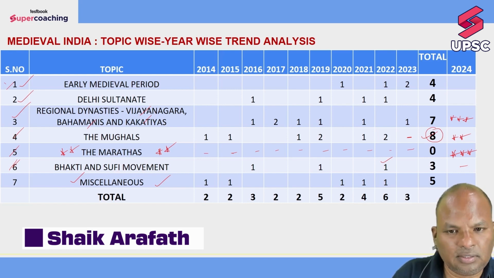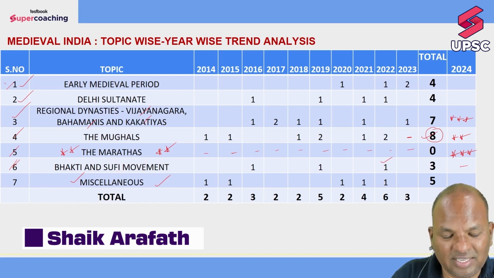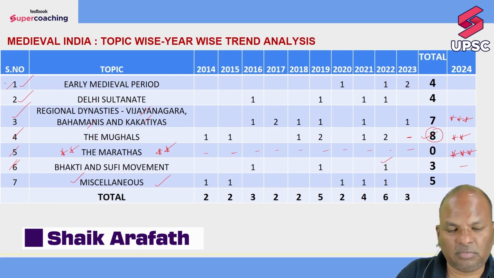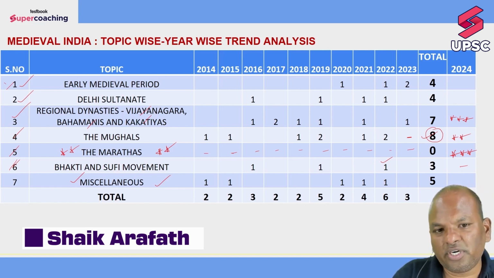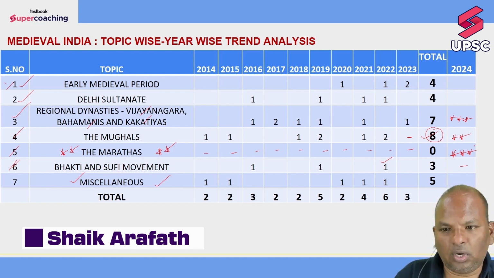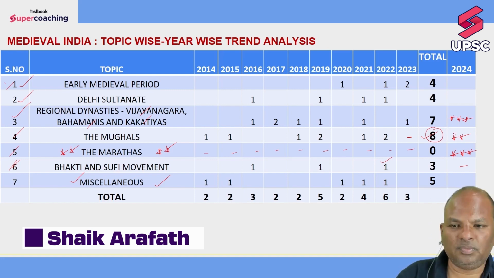So on the whole, weightage of ancient and medieval India in the entire history component has gone up. We can expect the same trend to continue even in this prelims examination. But how long this trend continues, we really do not know. But ideally, the students should be well prepared in all the three components of history, that is ancient, medieval and modern Indian history. I recommend the students to give importance to chapter number 3, chapter number 4 and chapter number 5. And as far as medieval Indian history is concerned.